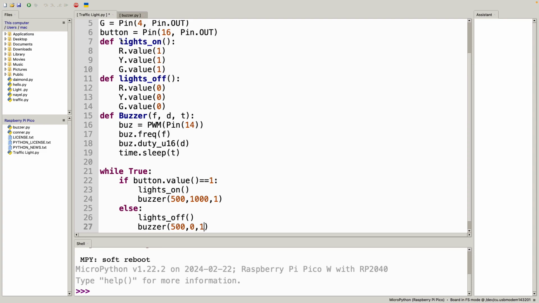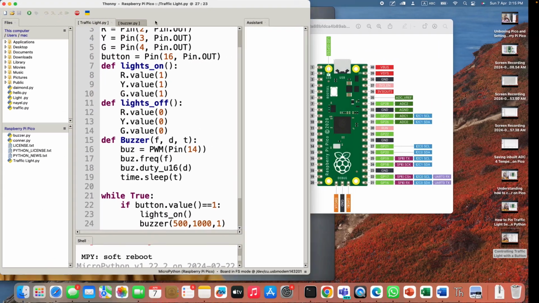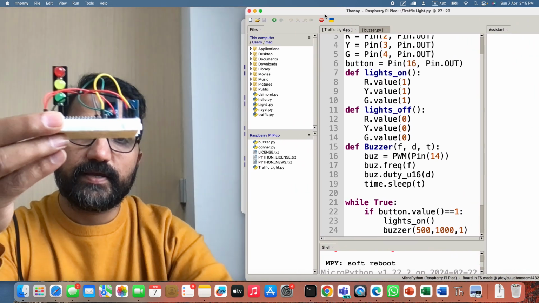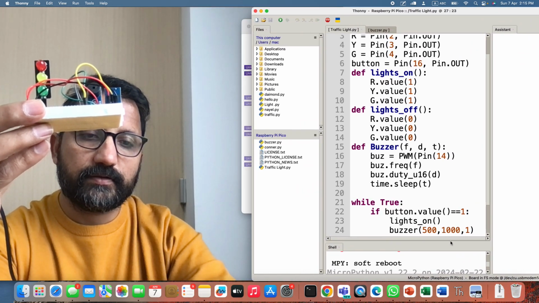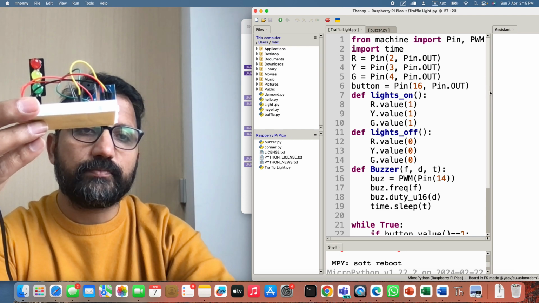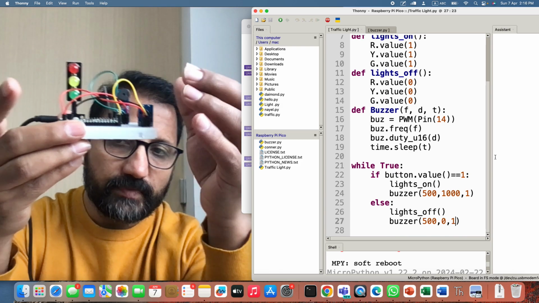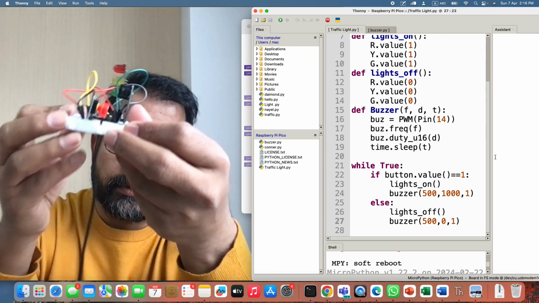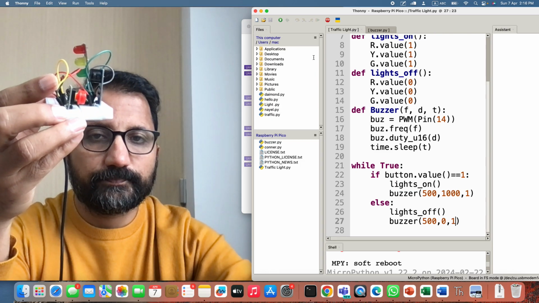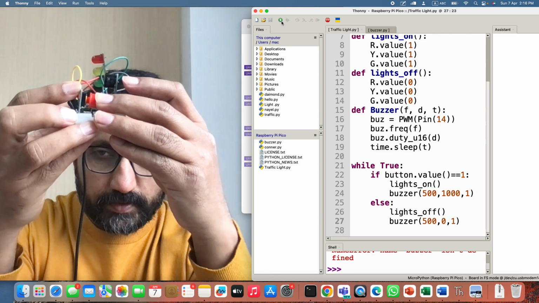So now this is going to create an amazing program, and I'm going to show you. This time it will be the same program, but it will have an added functionality. That is basically the value that we will bring in, and I'm going to do this so that you can see it. You see here, I'm going to run this, the same program, nothing changed. Only thing is I added this PWM, pulse width modulation, and I'm going to now just create a different sound. I'm going to run this. There you go. See, it's off. So I'm going to press this, and